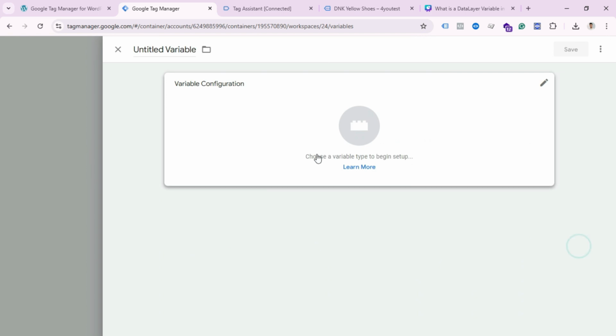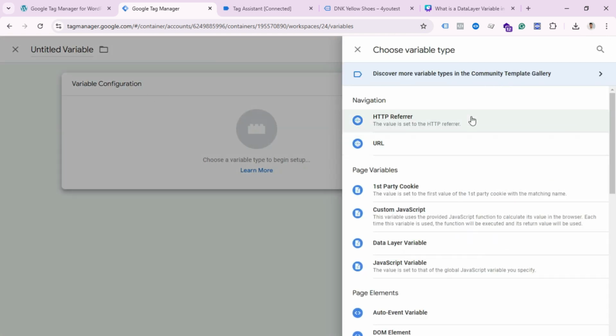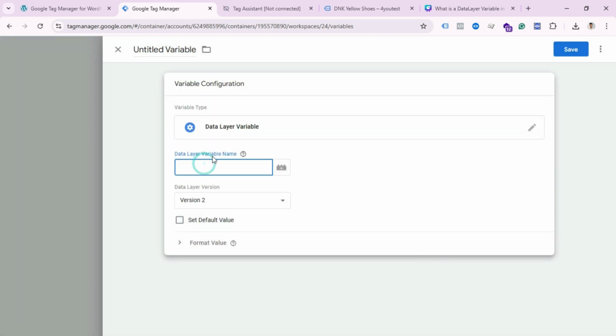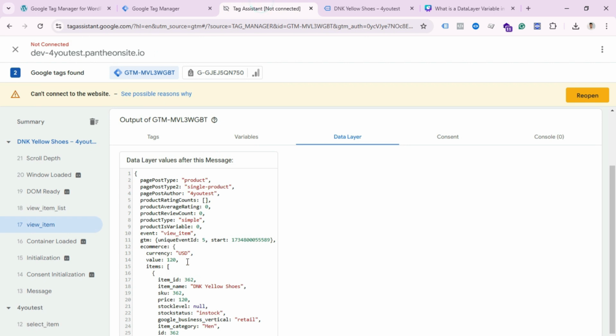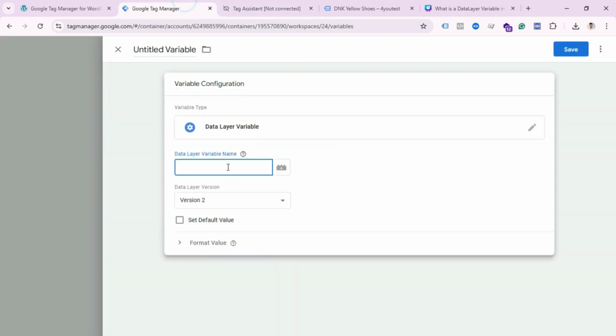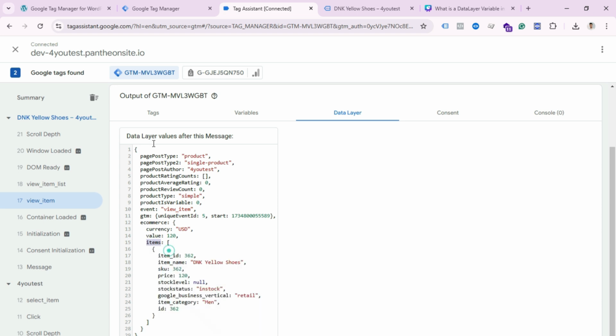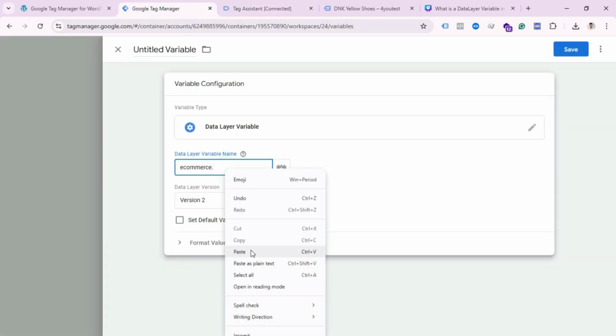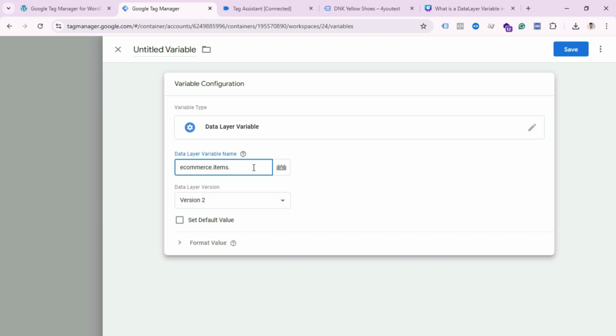Click New, then variable configuration. Here you have to select Data Layer Variable, and write your data layer variable name. So open your Tag Assistant. If you want to pass the product price parameter with your event, first copy ecommerce, then paste here, and add a dot, then select items and paste here, again add a dot, and then 0,